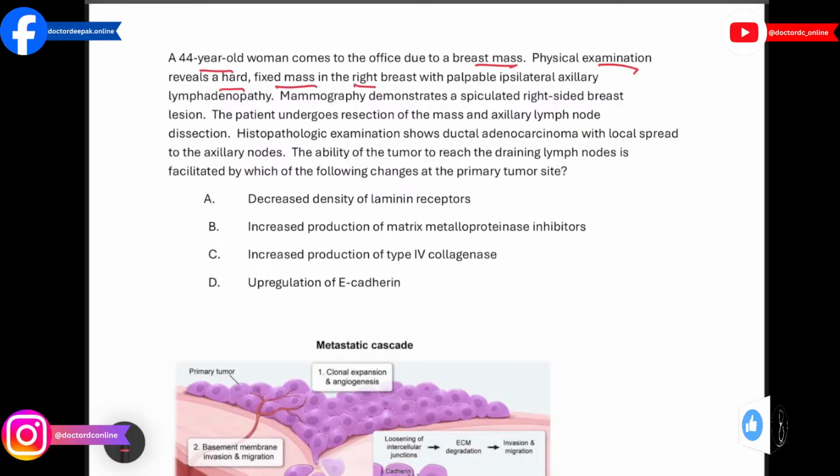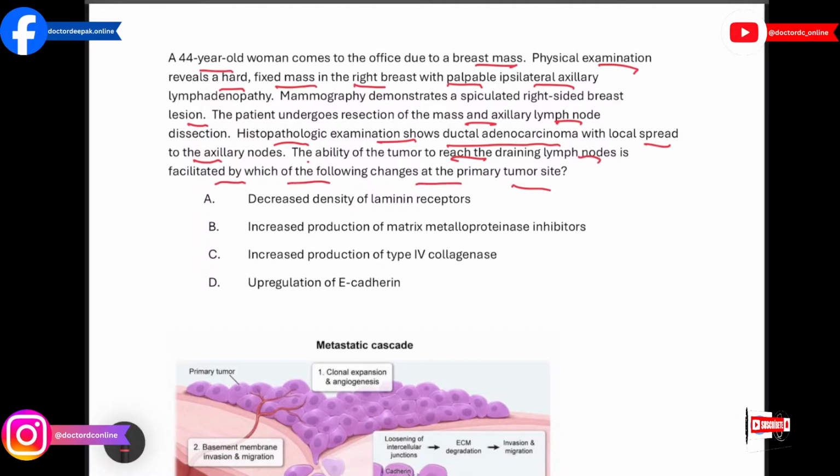With hard fixed math in the right, whereas with the paper, it's like axillary lesions. The patient undergoes dissection of a mass at the axillary lymph nodes. A histopathologic examination showed ductal adenocarcinoma with local spread to the axillary nodes. And the ability of the tumor to reach the drained lymph nodes is facilitated by which are forming into the primary